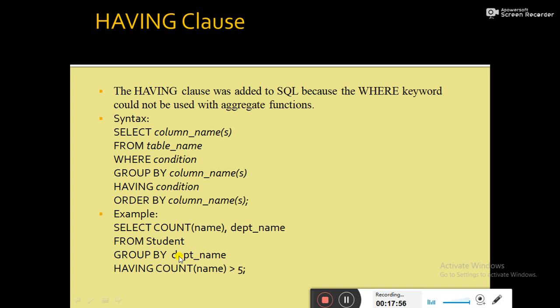That means before grouping, if the relation is a normal relation, no grouping is there, then to select a specific set of records, we have to use the where condition. But after forming a group, if we filter out some groups, means if we select only those groups which satisfy a certain condition, then that kind of condition cannot be used with where. Then we have to use having. So the having clause is for that purpose only. So this is the general syntax. Select column names from table name, where condition, group by column name, having condition, order by column name. What does it mean?